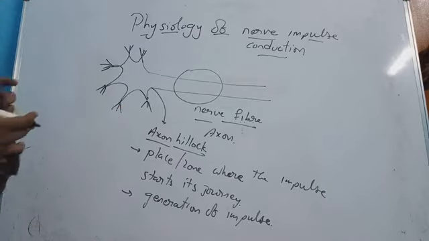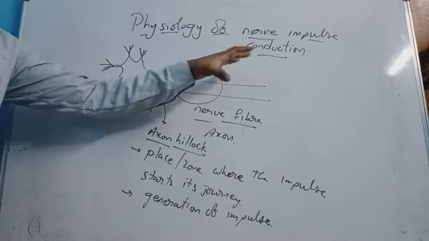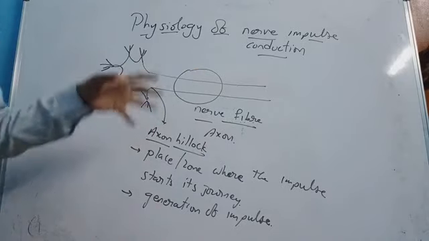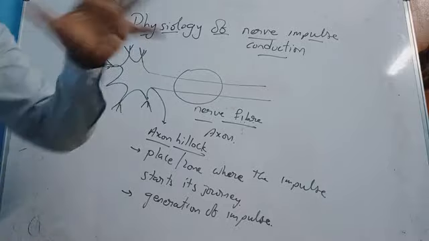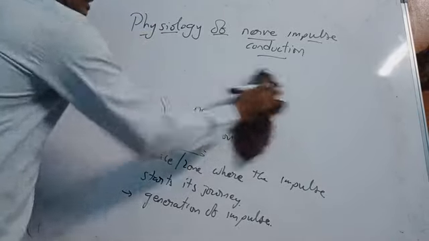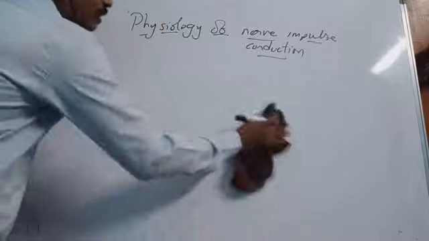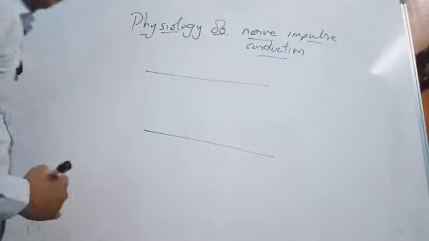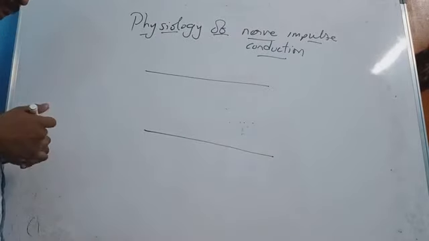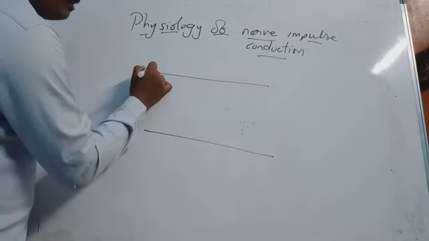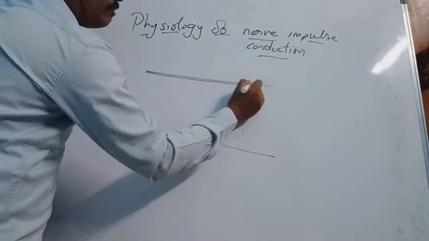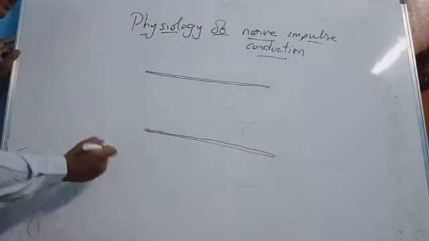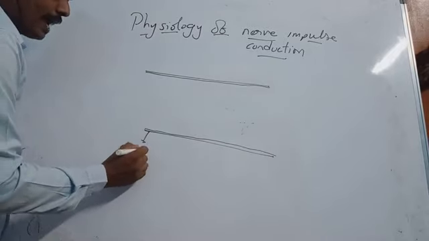Leaving that point, first of all, what are the structures present in this axon or nerve fiber, and how they are helping in maintaining or transfer of the nerve impulse, we'll discuss. So first we'll start with the structure of the nerve fiber. This nerve fiber can also be called axon, and this membrane here is called the axolemma. I am showing you both sides of the membrane. So we can call this membrane the axolemma.